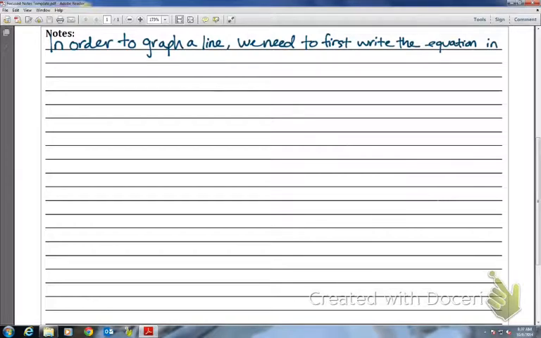The reason that we need to do that is because sometimes the equation looks different. Like if you look up at the essential question,